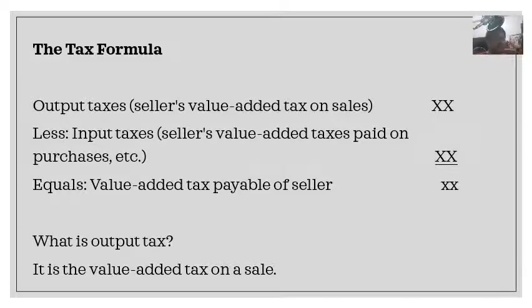Hindi naman niya i-remit kaagad-agad yun sa BIR kasi nga, ang formula natin ng VAT payable sa BIR is babawasan mo yung input tax. So, pag nagbenta ka, tapos multiply mo ng 12%, output tax pa lang ang tawag natin doon. So, you have to determine pa yung input tax. Kasi nga, kailangan mong i-deduct yun.